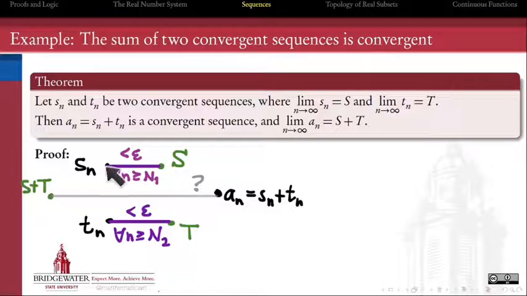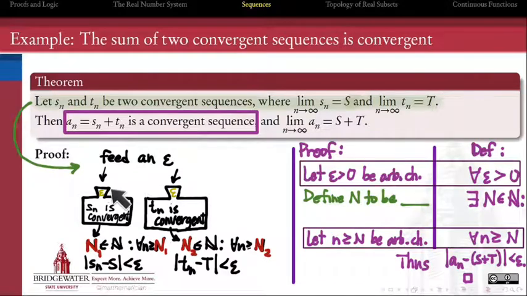Between Sn and S and Tn. That's exactly right. We know how to control the distance between each of these individual sequences and its individual limit. We know we can control the distance between Sn and S. We know we can control the distance between Tn and T. We know we can do that because by definition, they're convergent sequences, and therefore, we can apply the definition of